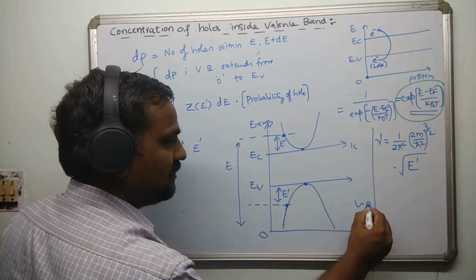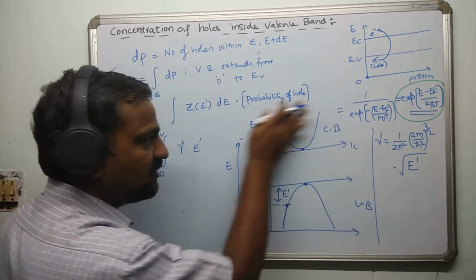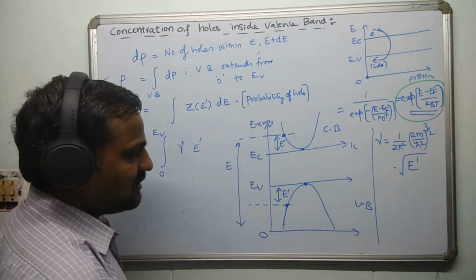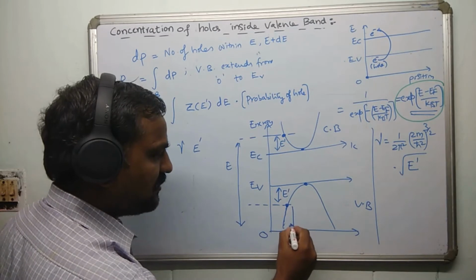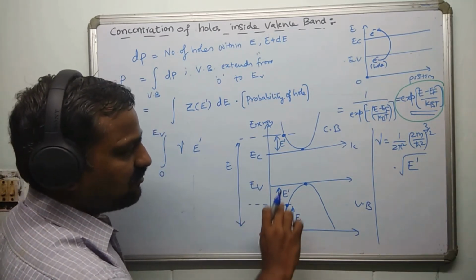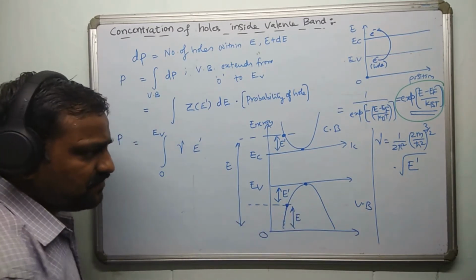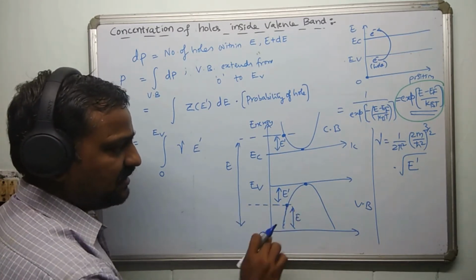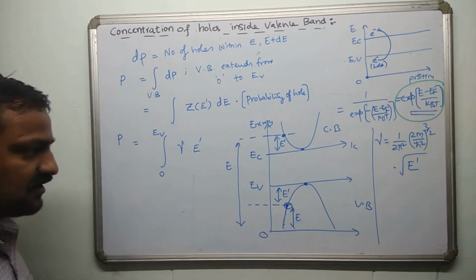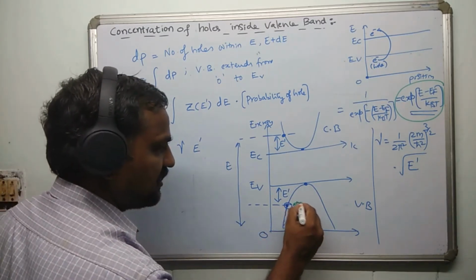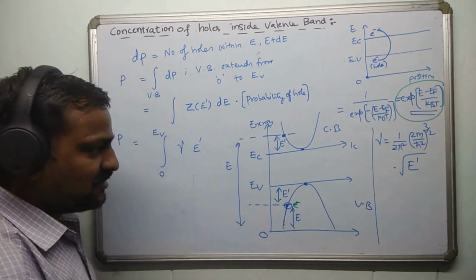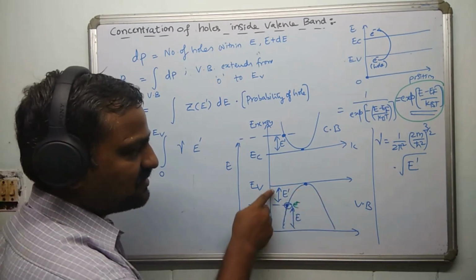See, this is the valence band and this is the conduction band, and we are not going to consider this. This is a recap of whatever I did in the previous class. And this is E dash. And of course, if you want to write the same energy E in the valence band, it is just EV equal to E dash plus E. So this energy with respect to ground is E. Let us suppose that the electron is sitting over here. Of course, the electron is not physically sitting, but this is the energy of the electron. So the energy of the electron with respect to the band edge is E dash.